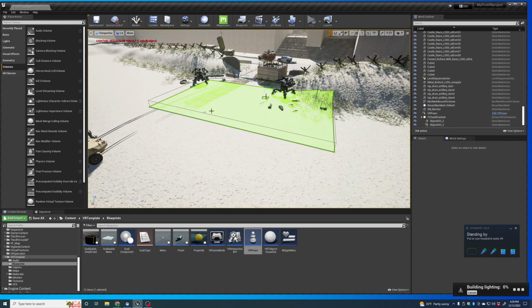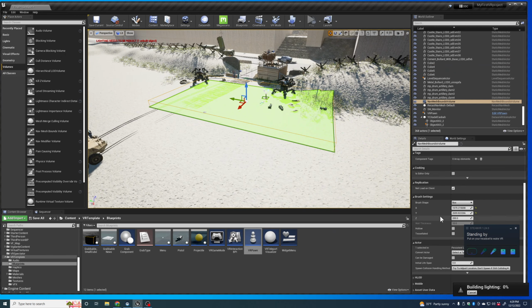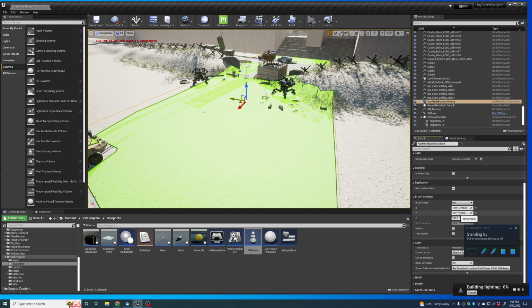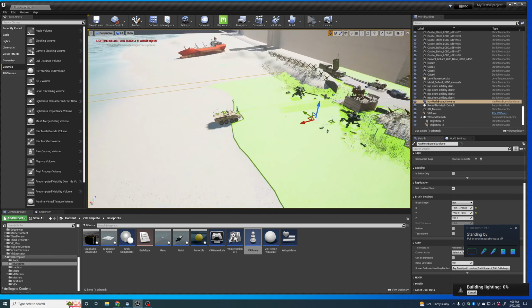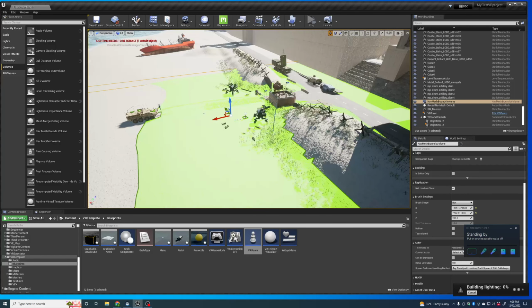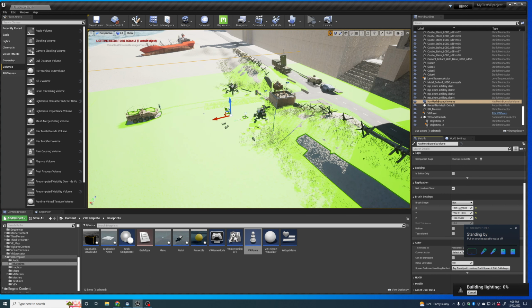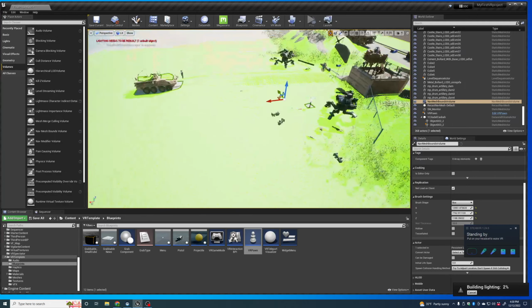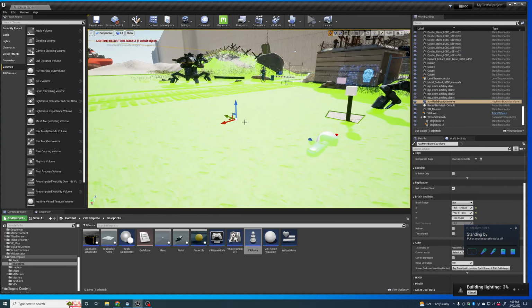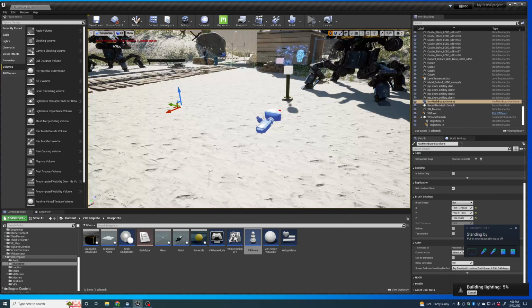So basically what I need to do is select my nav mesh bounds volume, and I can resize this thing to cover the area that I want to be able to walk around in, right? This is also a really good way of limiting where the player can and cannot walk. So I'm going to adjust the brush settings X, Y, and Z to cover the area in which I want to be able to navigate, right? So now if I hit P here,